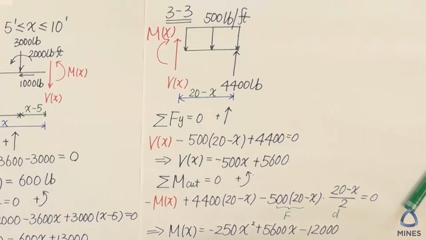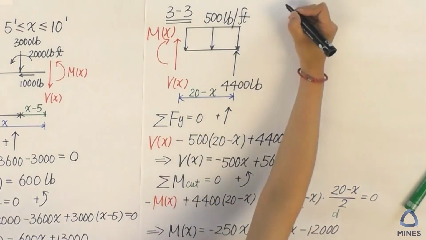And by the way, what is a valid range for the 3-3 cut? It will be